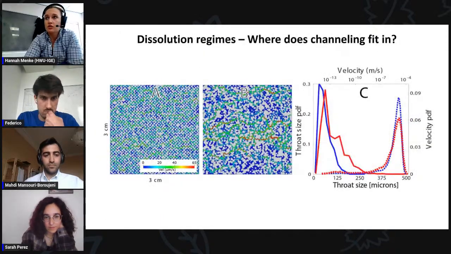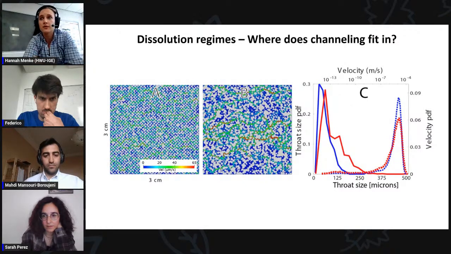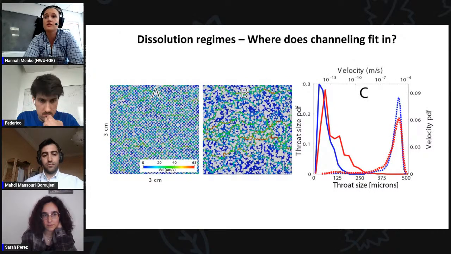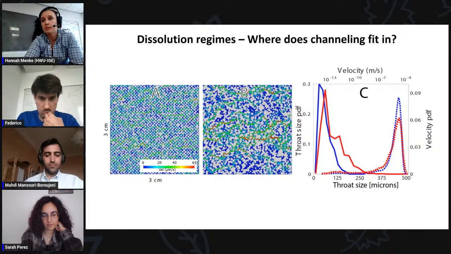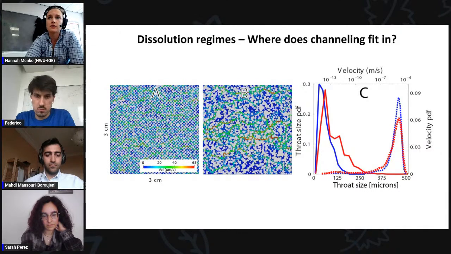We created two synthetic pore structures with varying levels of heterogeneity stochastically with Python. It's worth noting that these domains are far larger than any that had been attempted before with a pore scale reaction study, and had dozens of model runs. This was necessary to be able to do a representative elementary volume on the more heterogeneous model. The distributions of pore throat sizes and velocity are shown on the right. Model A has a velocity and pore throat size distribution that are close to uniform, whereas model B shows a fat tail where the flow is focused in the preferential flow paths through the larger pore throats.